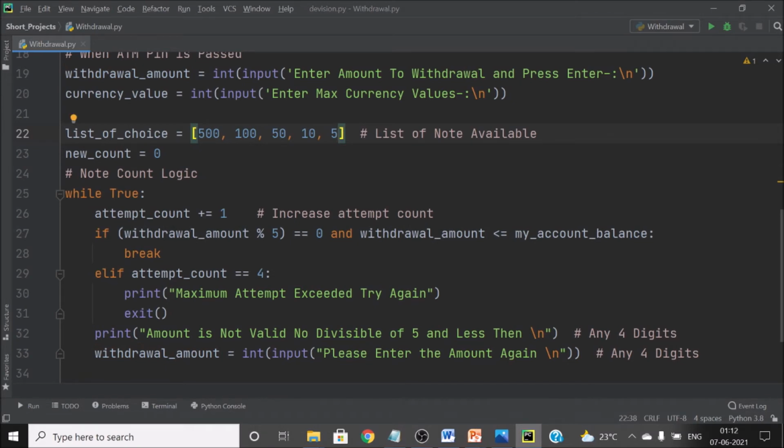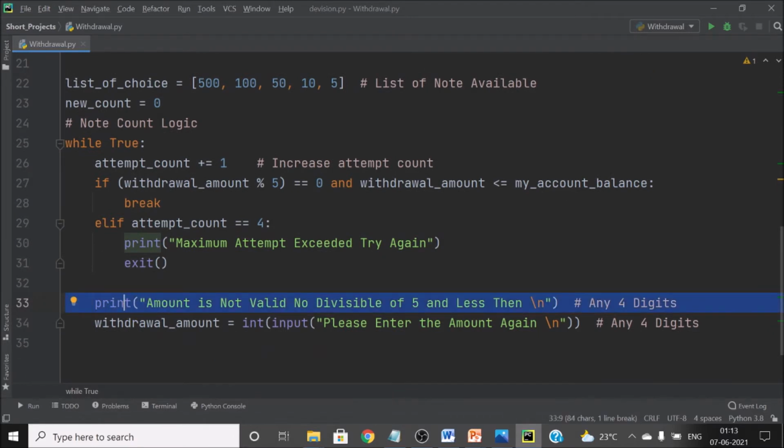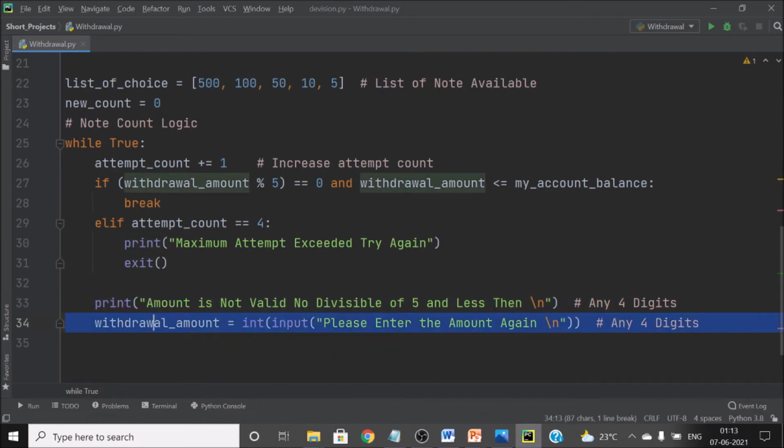Then we will check if the withdrawal amount is less than or equal to my account balance. Then only we will go ahead, and then we will again check the attempt count. If the user is providing the wrong amount again and again, or some number which is not divisible by 5, then the user should get the message that the amount is not divisible by 5, and then we will ask for the amount once again, and go back in the loop here.